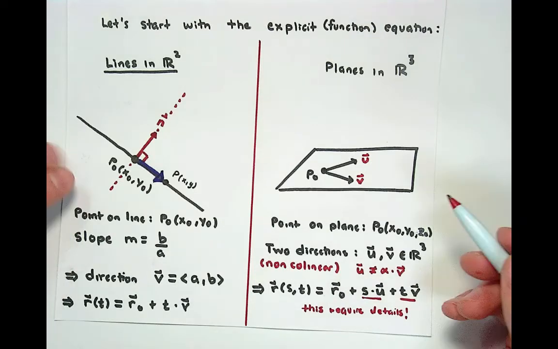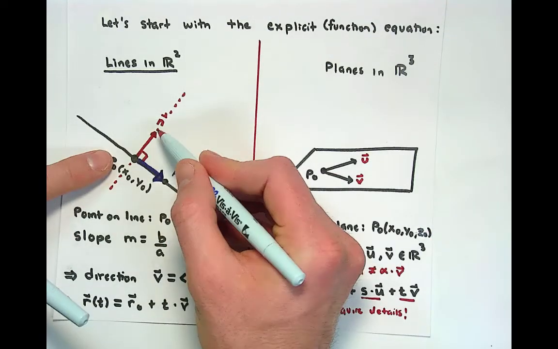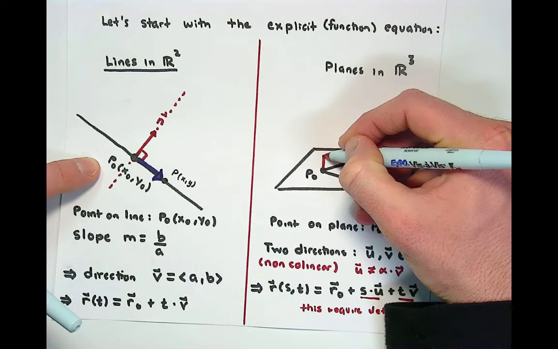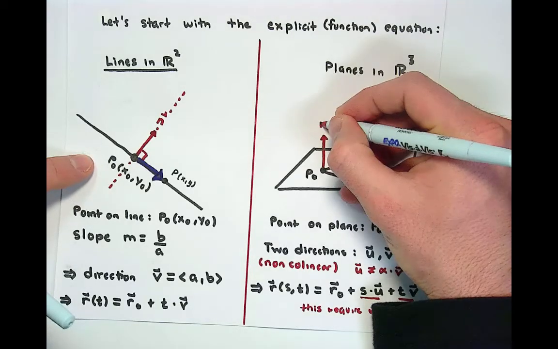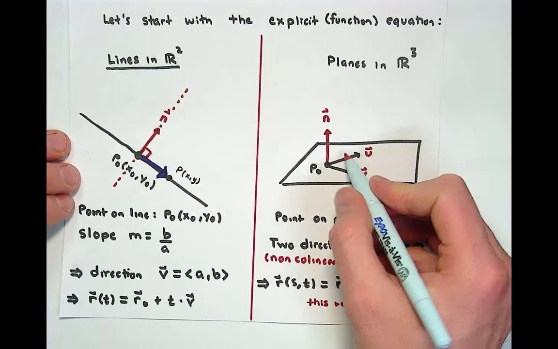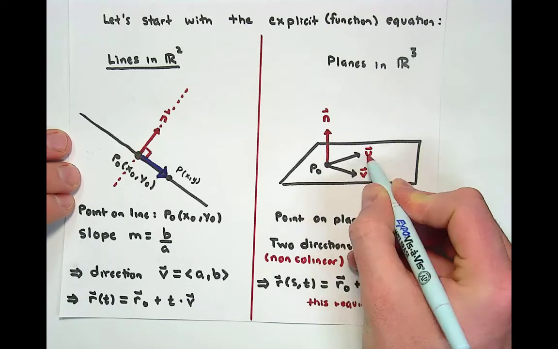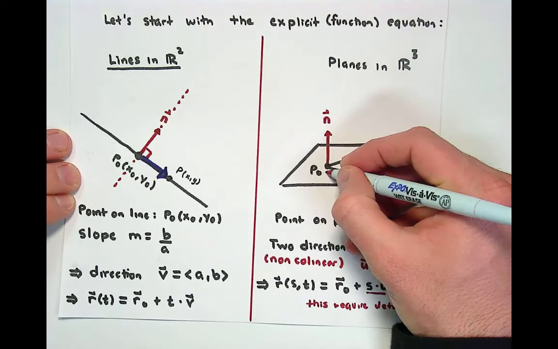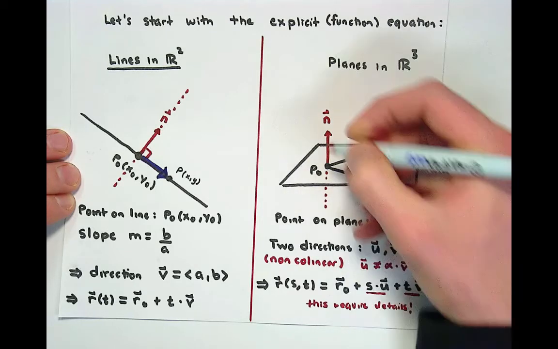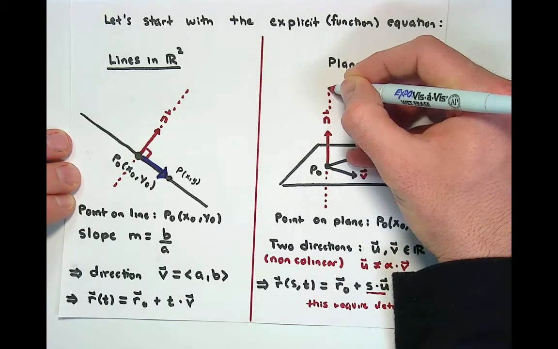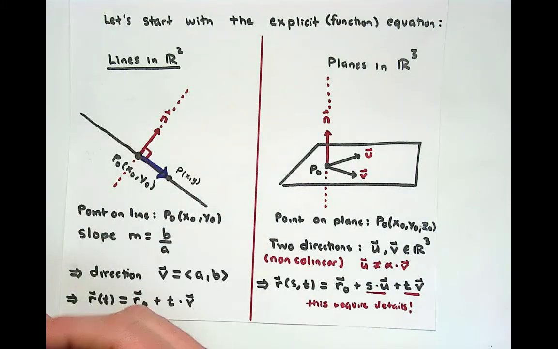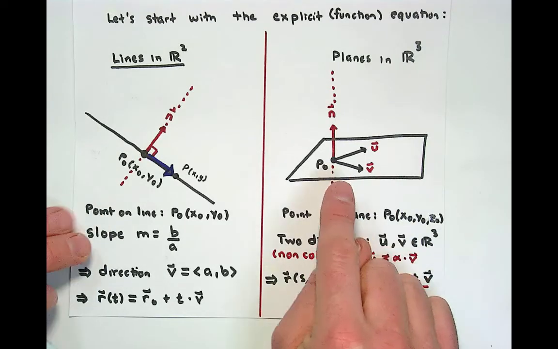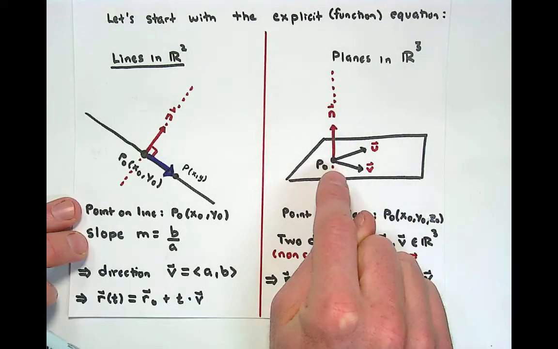However, we might see an analog between what's going on in the implicit representation of a line with what could go on in an implicit representation of a plane. In particular, if we think about the plane as the set of all possible combinations of u and v going through the point P, we could also see that such a plane has a unique normal direction. Notice it doesn't have a unique normal vector because there's an infinite number of normal vectors in this direction. But the point is that we could think about the plane as every single